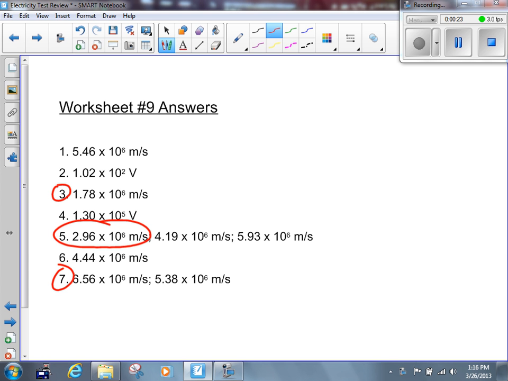I think, because these are 3 pretty representative questions of what we see on this worksheet, that if you're able to understand what we do on these 3 questions, you should be able to get the rest of the questions. But let me know if you don't, and I can help you out with that. All right, question number 3 on worksheet number 9